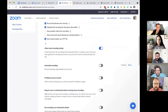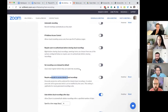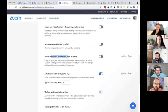And require, I knew it was here, requires users to authenticate before viewing. Toggle that to no. Require a passcode to access shared recordings. Toggle that to no. And this third one, I wouldn't do until I've tested my Zap a little bit, but